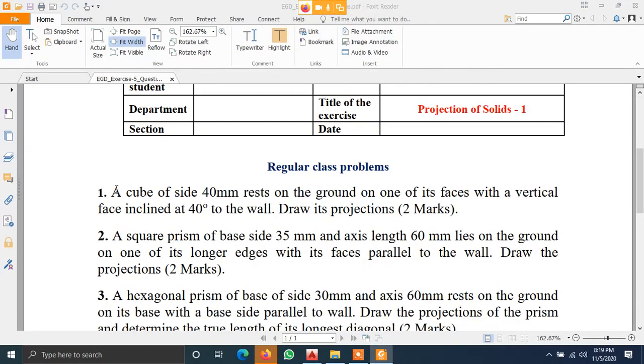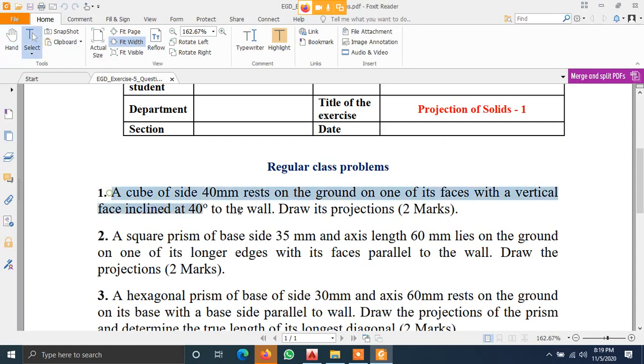A cube of side 40 mm rests on the ground with one of its vertical faces inclined at 40 degrees to the wall. Draw its projections. This is how the problems will be.